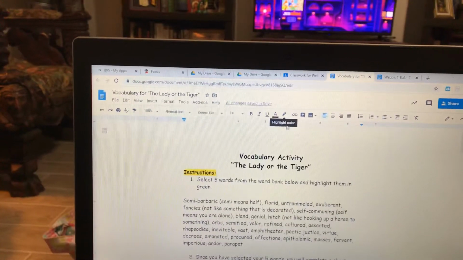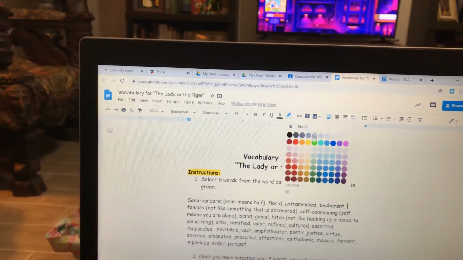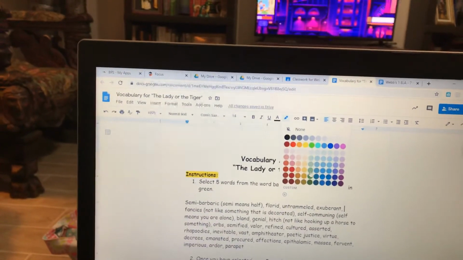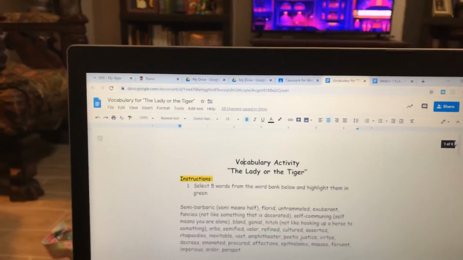See, it says highlight color. And when you click on that, it pops up with your colors. And then you can pick any of the shades of green down through here. I just did the first one at the top. So then,